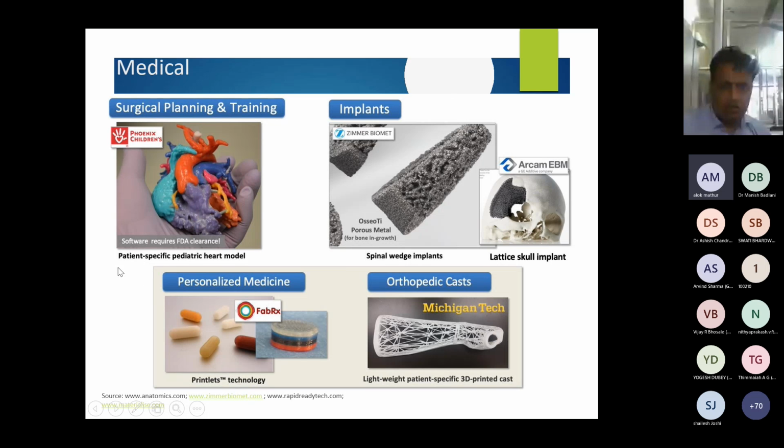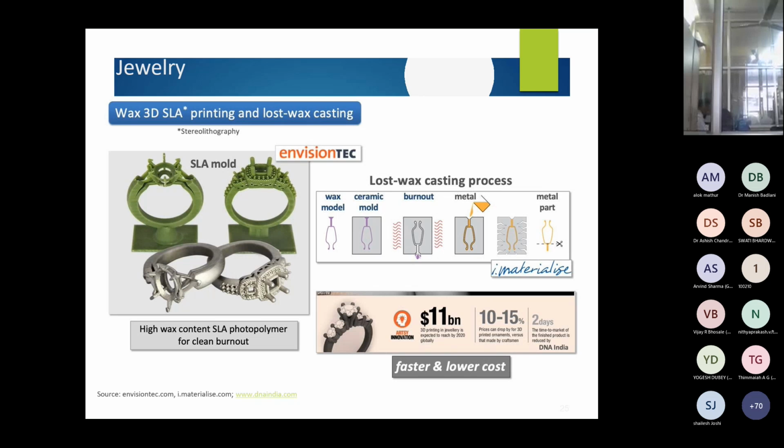So software, patient specific pediatric heart model, spinal wedge implants, lattice skull implants, skull, human brain, skull, personalized medicine, and orthopedic cast for the joint. So these are the advancements in medical science in additive manufacturing.